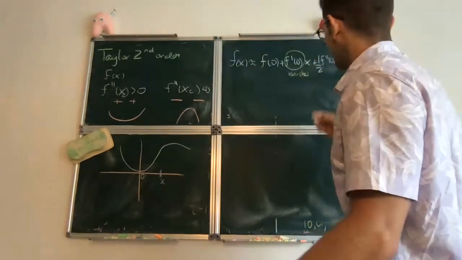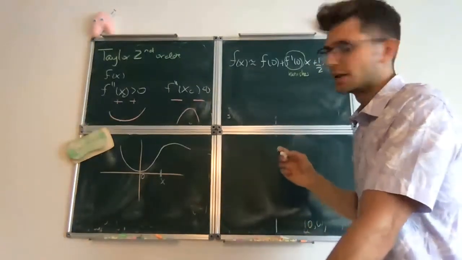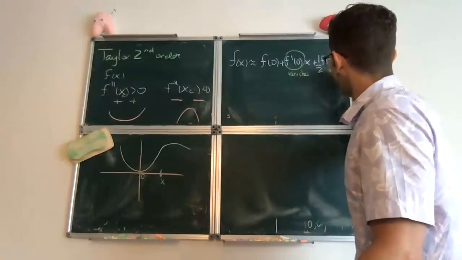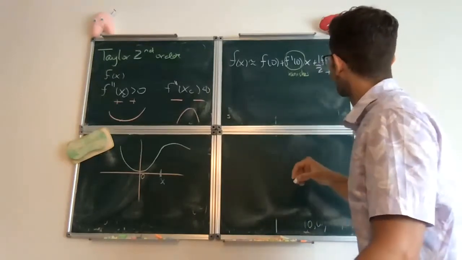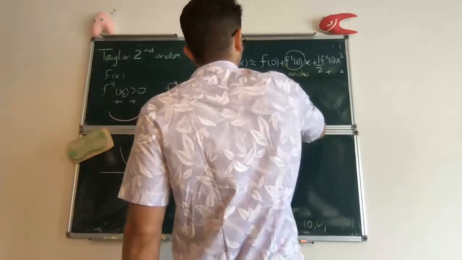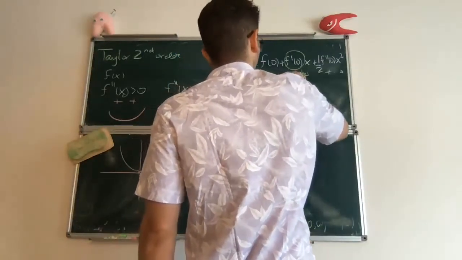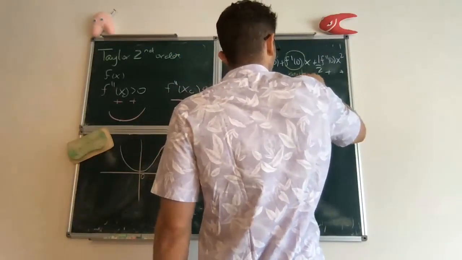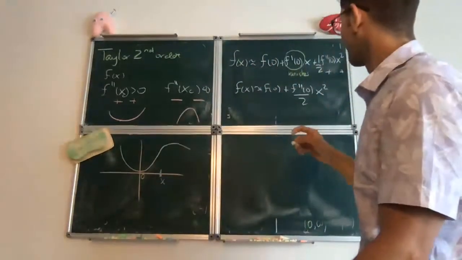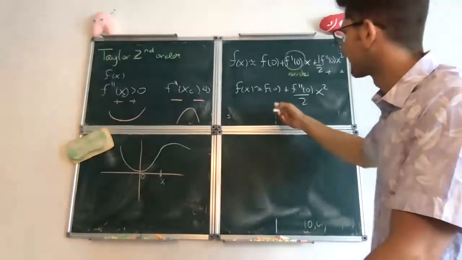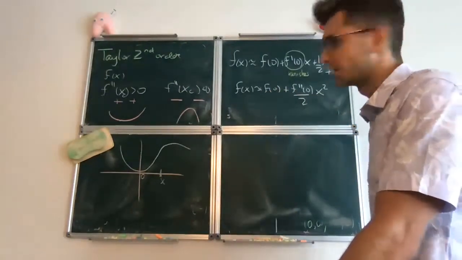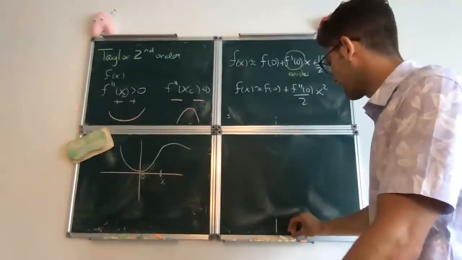And that should be something like this, right? So you see what this says is that up to second order, the function looks like a parabola, right? This is like the equation of a parabola. This is just like a constant plus something quadratic. So that's the equation of a parabola. So that means that